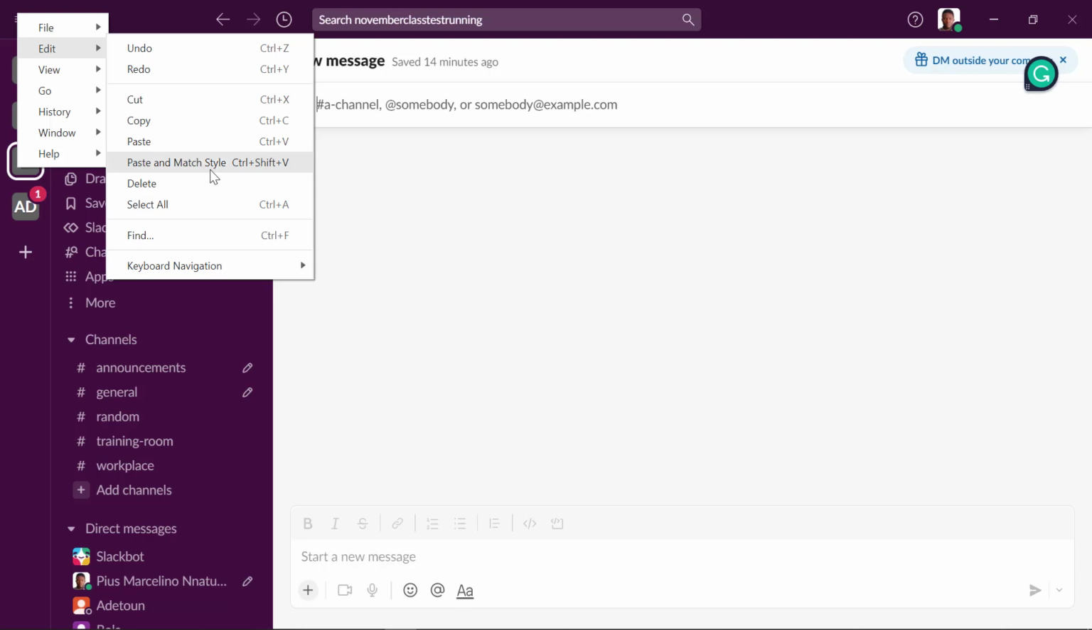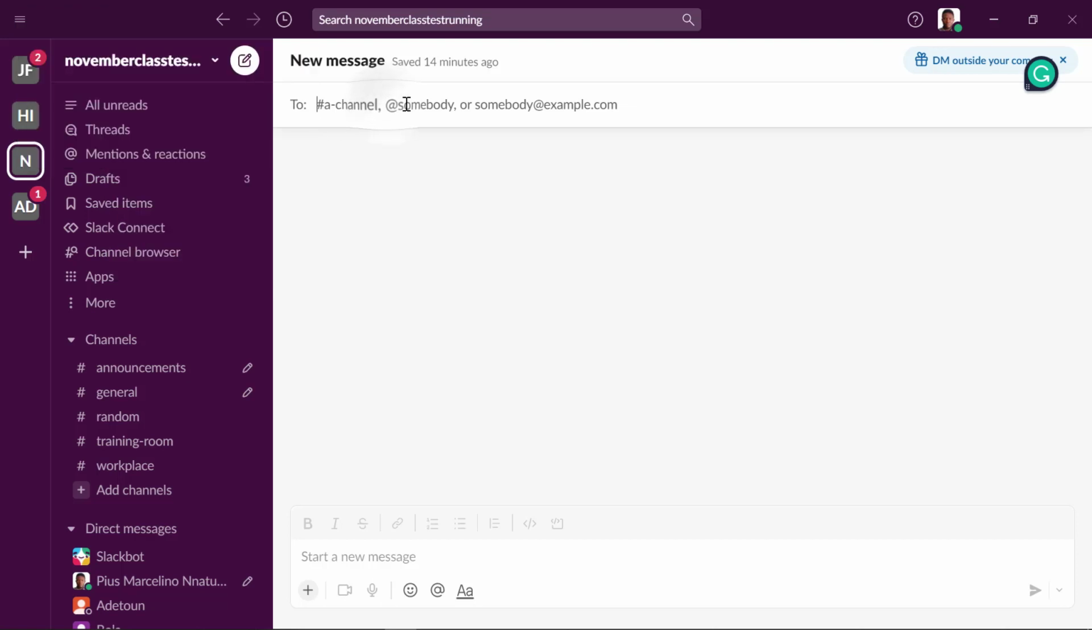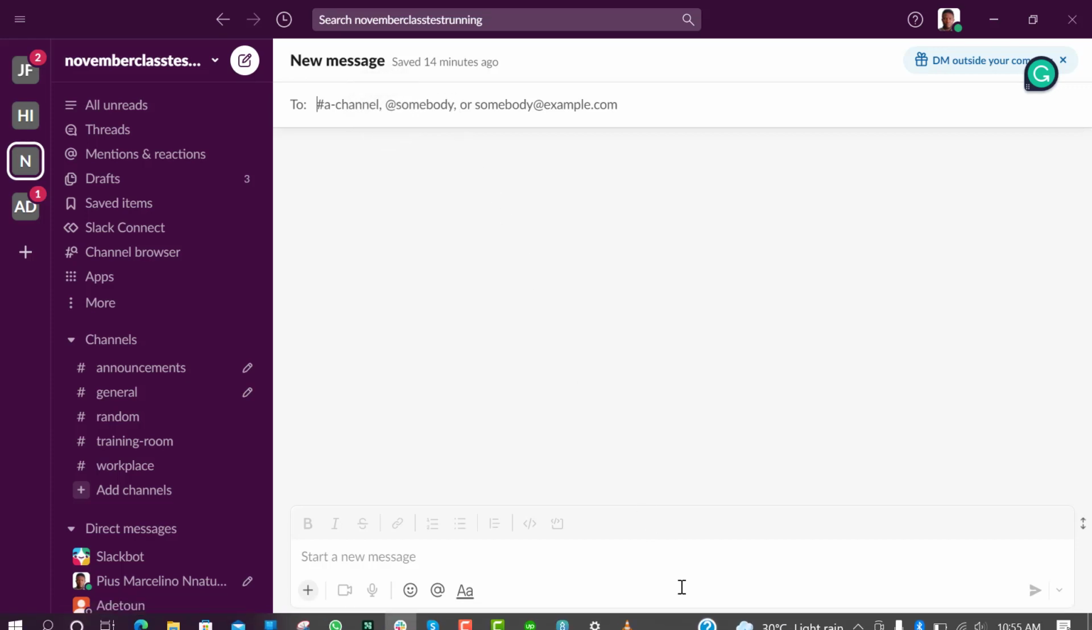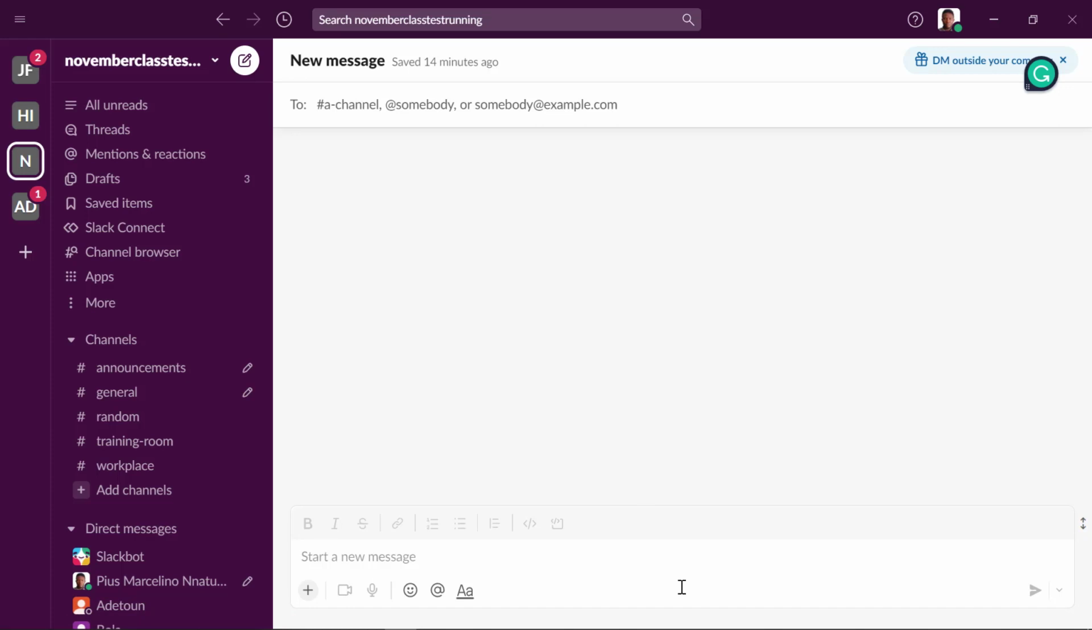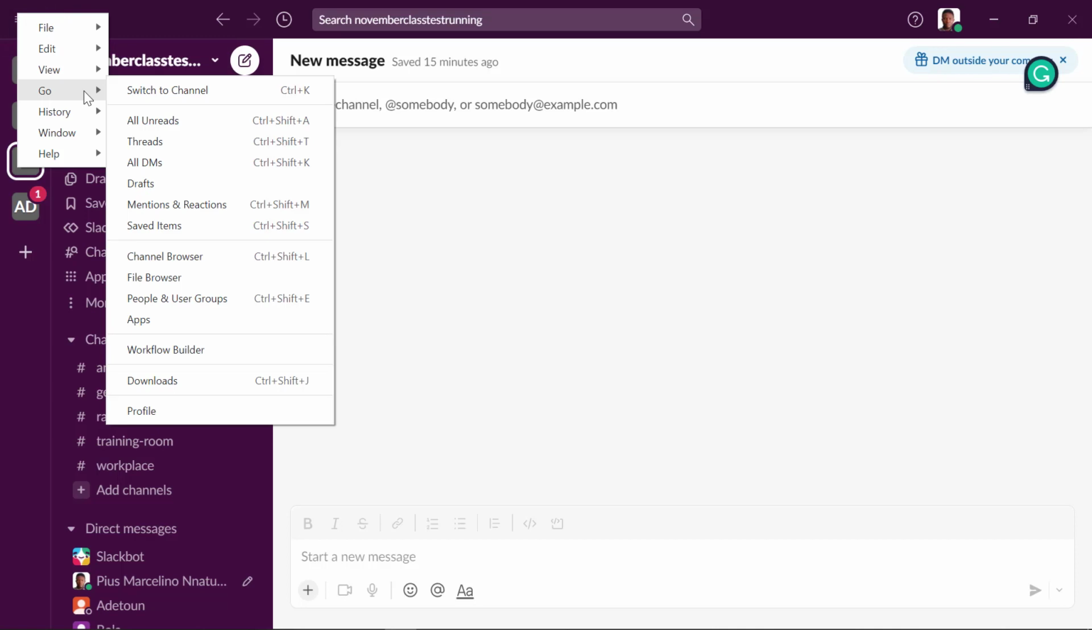Paste and match style. Okay, this is another advanced method of copying and pasting. It's a different thing when I just highlight this. For instance, let's say I highlight somebody's name, and then I copy it. I head over to my text box and then I paste it. What would be pasted is just what I copied, at somebody. But when I want to use the advanced feature, paste and